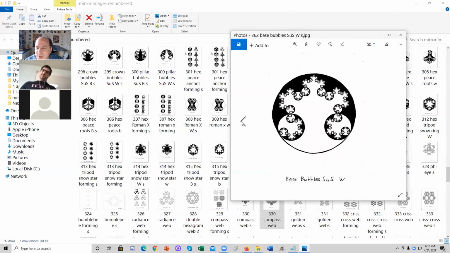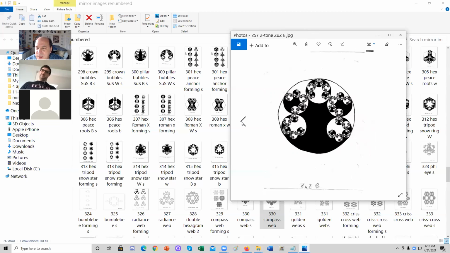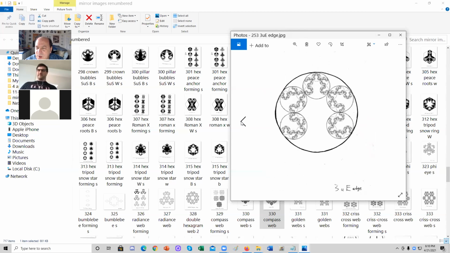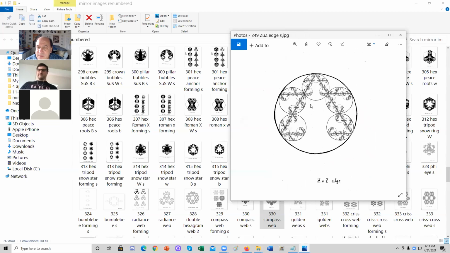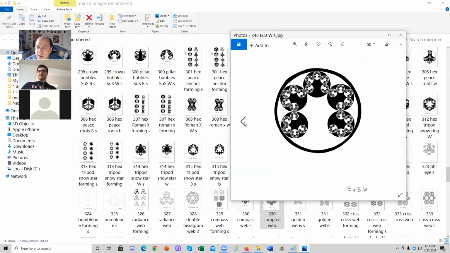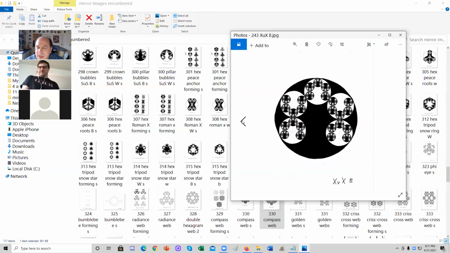Depends on how many have circles on them. This one is a whole bunch. It depends on how you arrange things. I mean, for example, if you arrange them this way, you get this kind of Z pattern. If you arrange it a different way, you get a somewhat different one. And here's